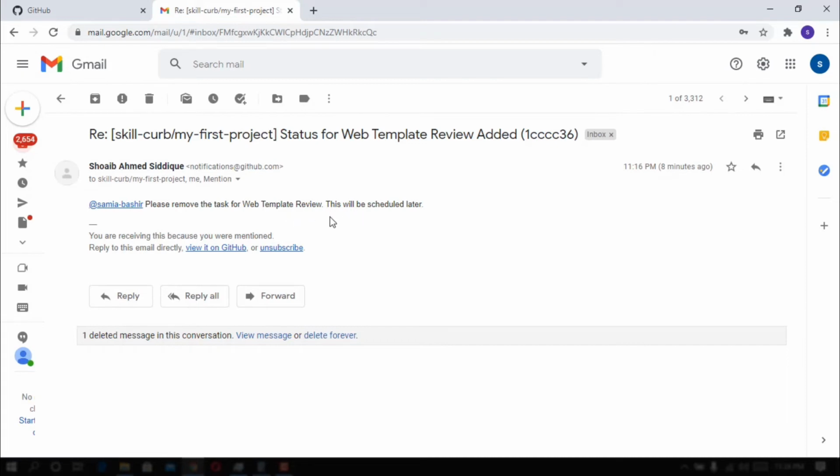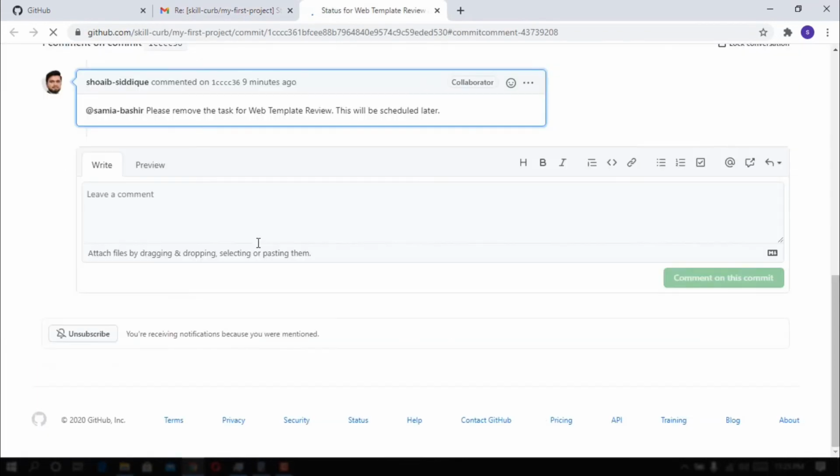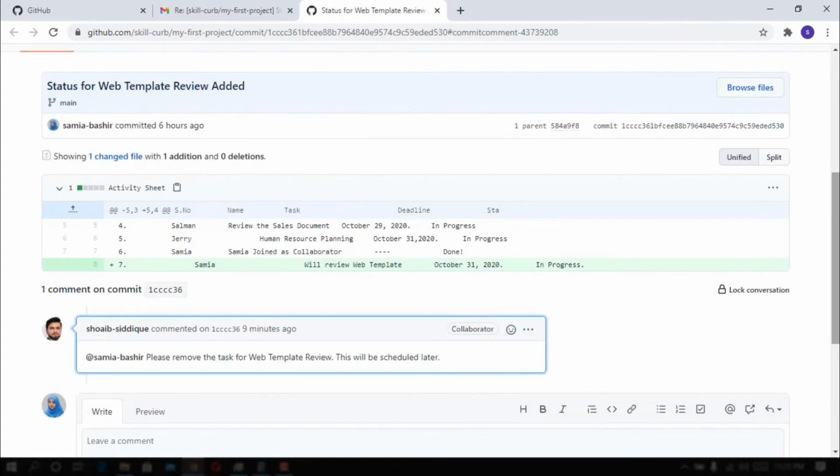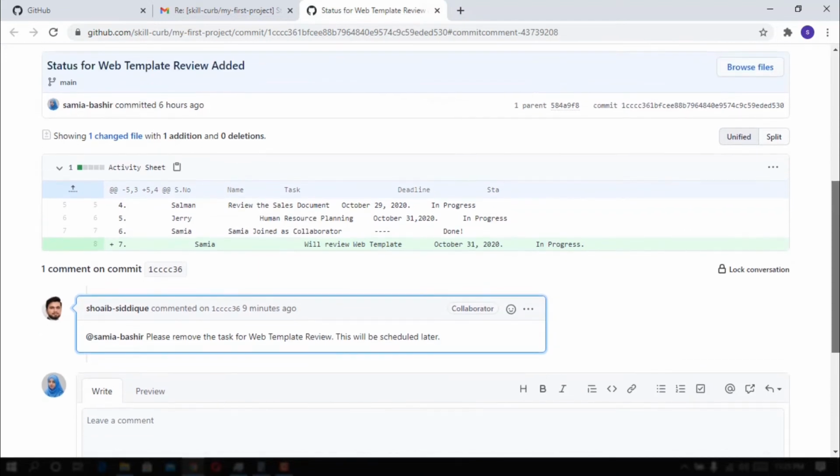Here I can see the commit message and then I can view it on the GitHub. Here I see that I have to remove the web template review task that is mentioned in the sheet. Likewise, anyone can commit on a particular code or electronic document to remove or make required changes. So what I will do is go to my local PC